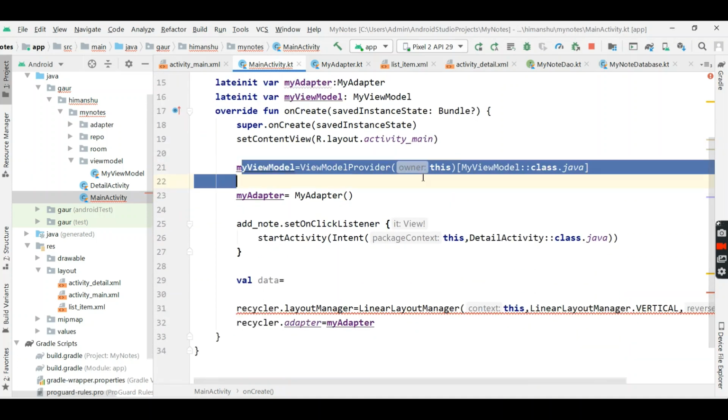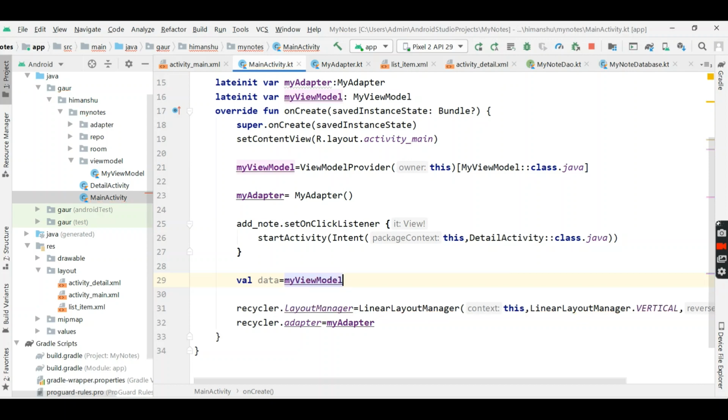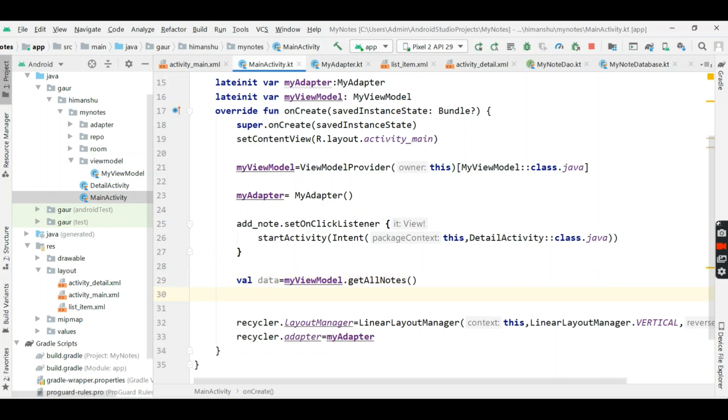So by using this my view model, we will actually take our data. So myViewModel dot getAllNodes. Now see the type which this getAllNodes returns, it is LiveData.